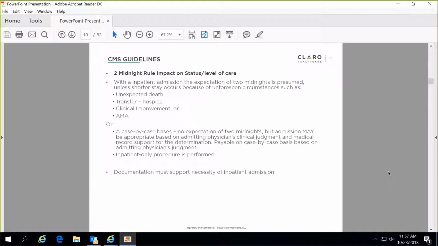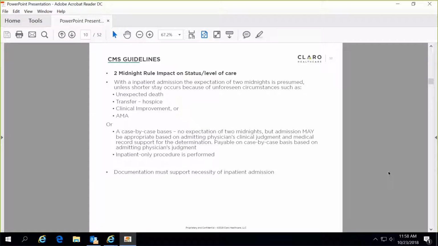But it's in special circumstances. You didn't know the patient was going to die before the 2 midnight stay, or the patient's going to be transferred to hospice, but they met inpatient. But the patient's family decided they're going to make them comfort care. So this information still needs to be discussed. The patient left AMA. He met inpatient because of such and such. I felt he was an inpatient